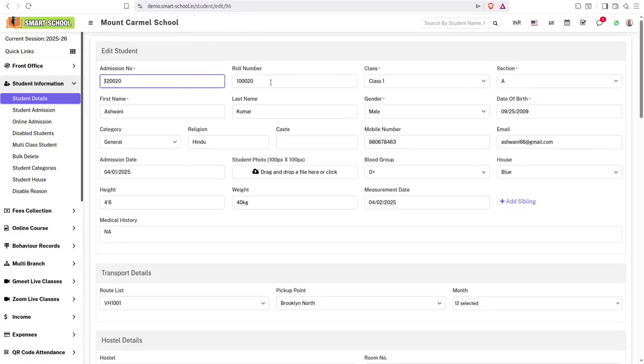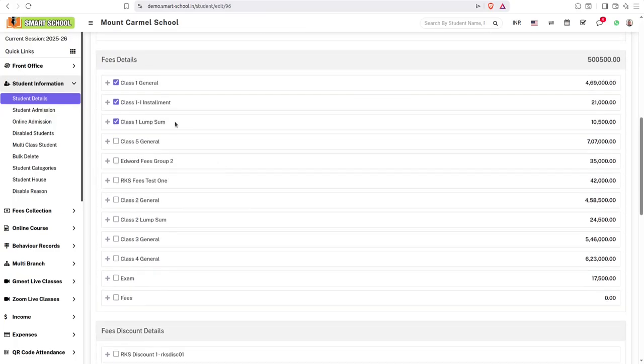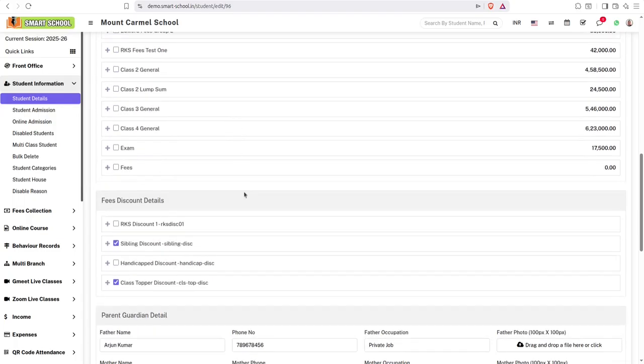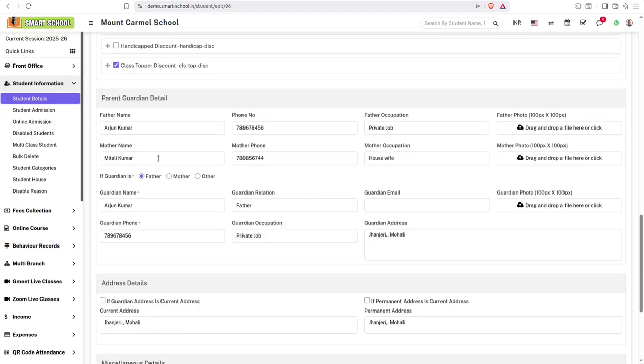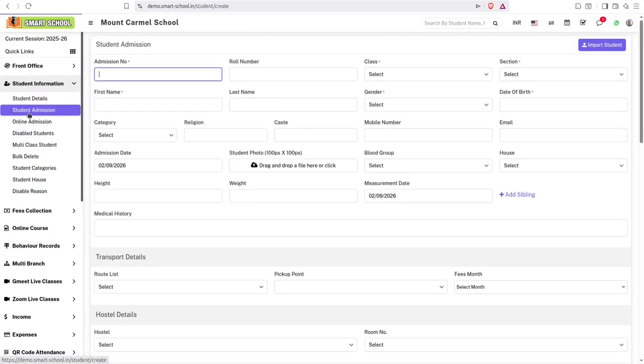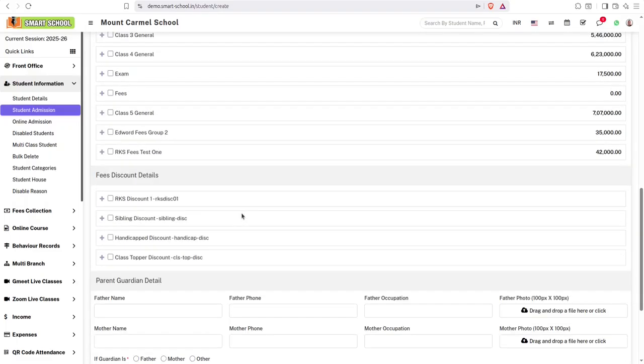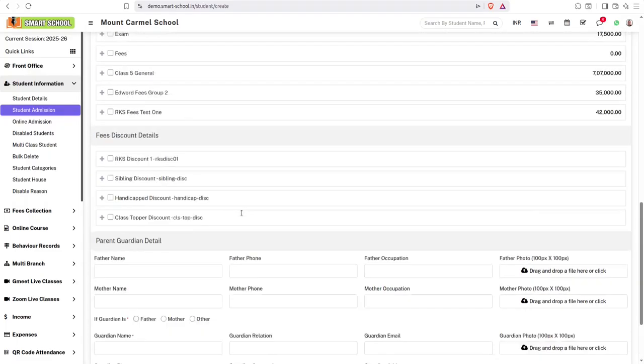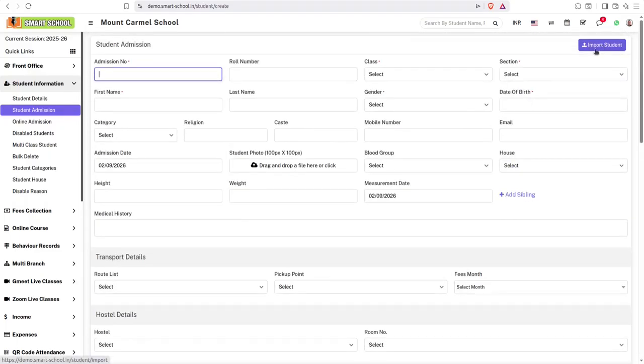This is the complete screen, the full screen where all the details of particular students can be found, and the fees and fee discounts, the parent guardian details, and miscellaneous details can be found here, or can be updated here. So the student admission module gives us the option to take admission through this comprehensive form, and all can be filled. Also the import student option is here in a certain format. So the online admission module,